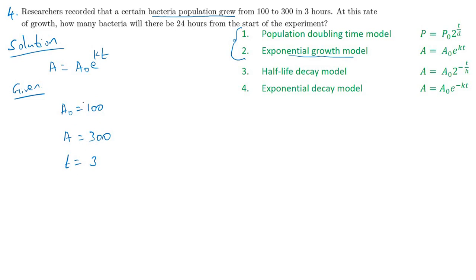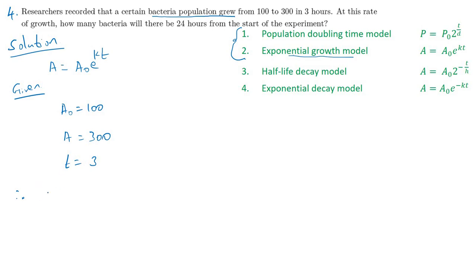We don't know the value for K directly. The rate, at what speed it is going, we don't know. That we want to calculate first. So, how to calculate that one? Substitute. See here, A naught, K, T. There are 4 quantities. If you know 3 quantities, the 4th one you can find. That we are going to find now. Substitute all these 3 values in this particular equation.